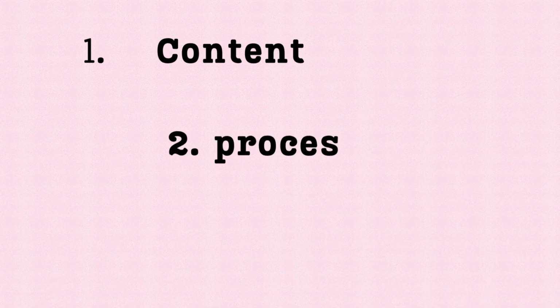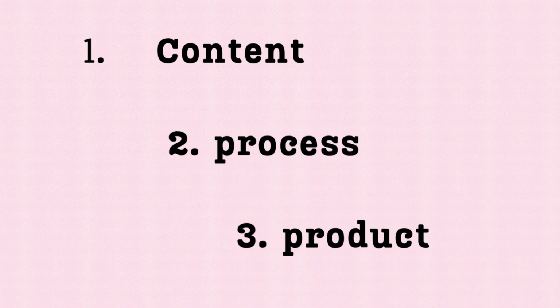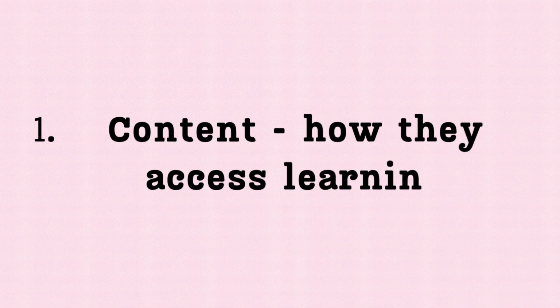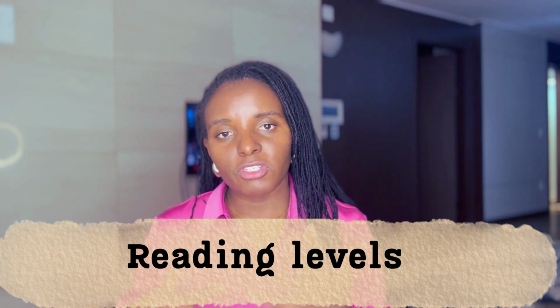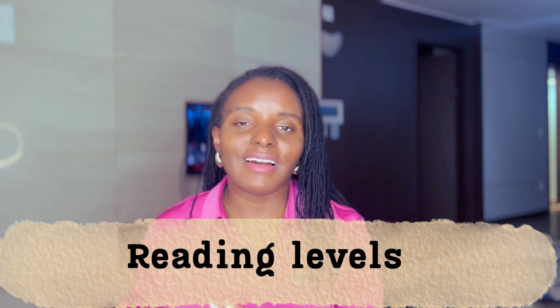So there's 3 ways of differentiation. You can differentiate by the content you're teaching, you can differentiate by the process of your teaching, and also there's differentiation by outcome or the product. So the first one is differentiating by content. Now, for instance, if our objective today is to learn some facts about dolphins, then I might decide to bring some reading materials. And depending on the levels of my students in my class, I might decide to have 3 or 4 levels of reading materials, and each child is going to get a material that is at their level of reading.